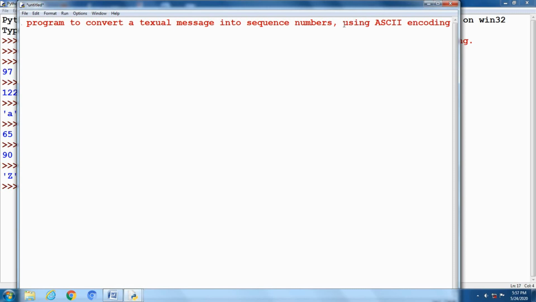It goes outside the window, so I am giving this on the next line. Okay, these are two comment lines.